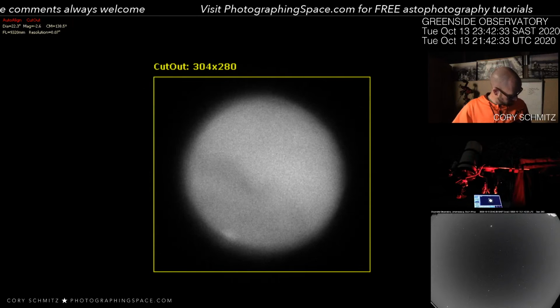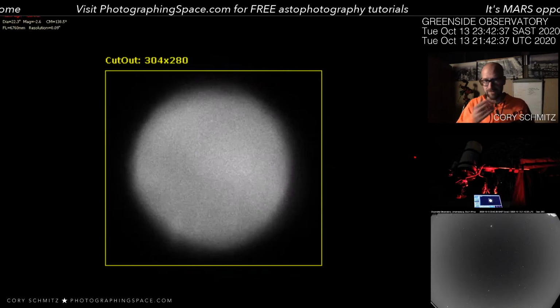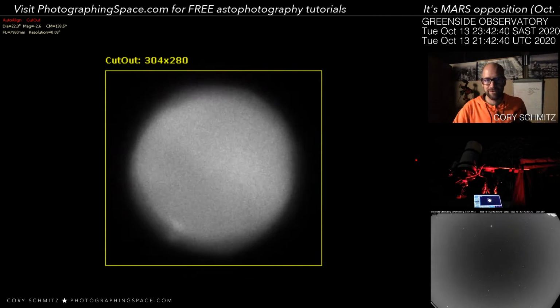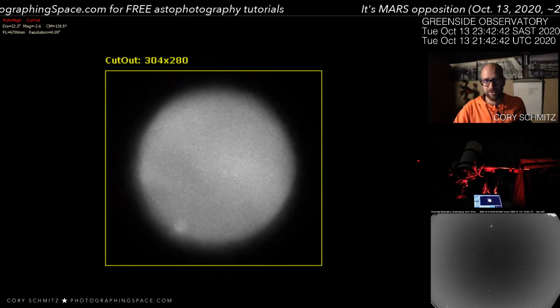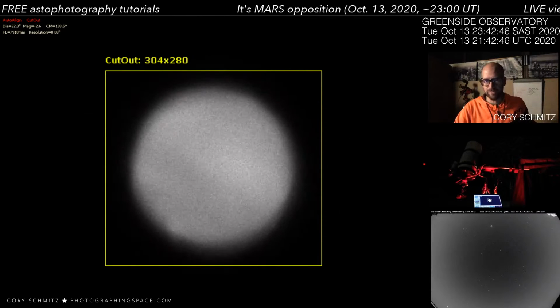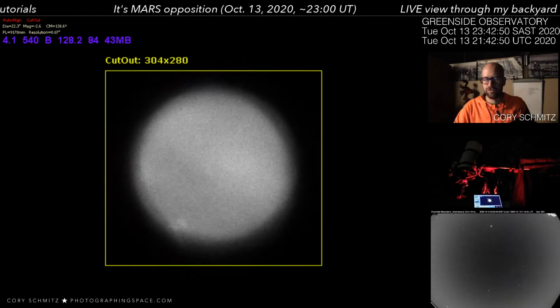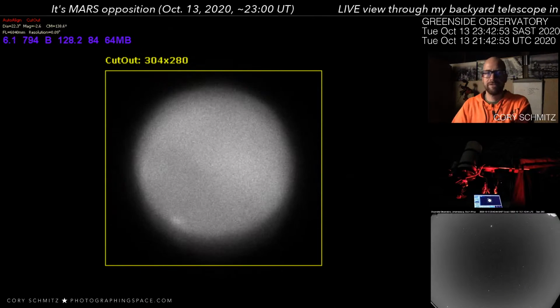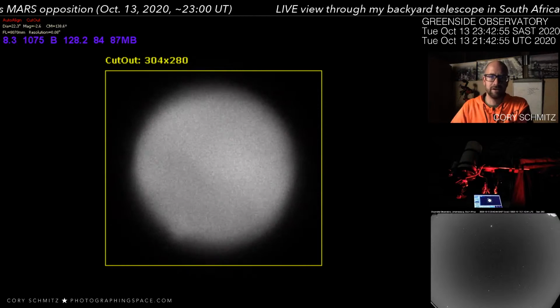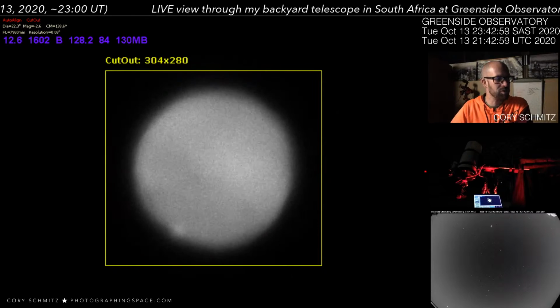Be careful. The thing with the AI stuff is, Damien Peach has actually done some tests on this, and I've noticed it too. There's a reason I did the trial and I downloaded it and I used it for about a month just to play around and see, and it creates detail that isn't there. So if you want to make fake detail in your planetary images, go ahead and use it. But if you want reality, if you want the real stuff,